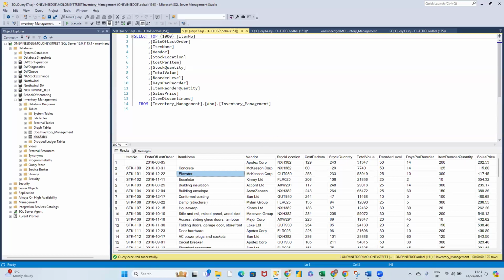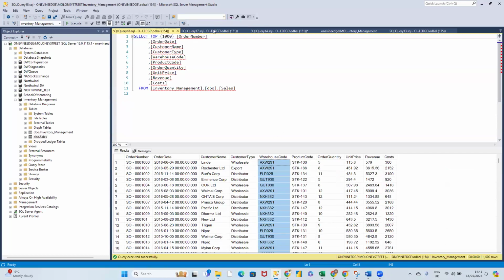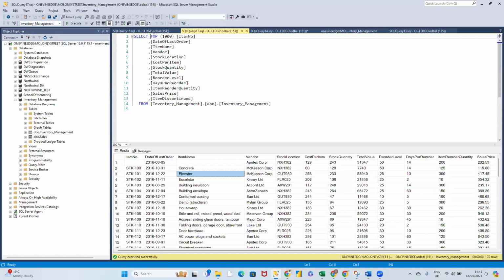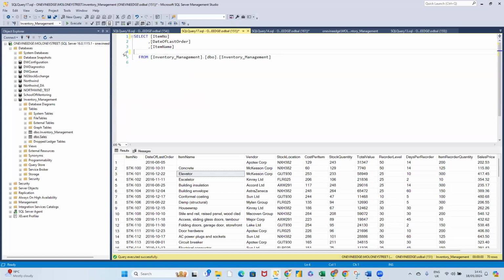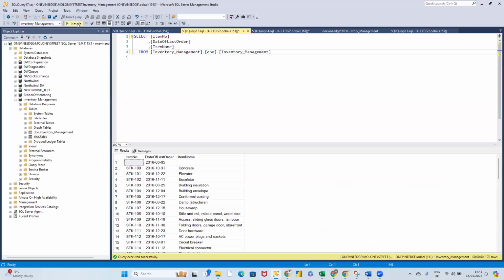So what I'll first of all do is, oh, sorry, this one, and I don't want all these ones. I want the item name. So if I do this, and I don't want the reorder date either,